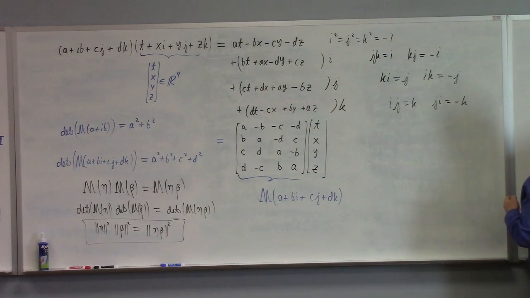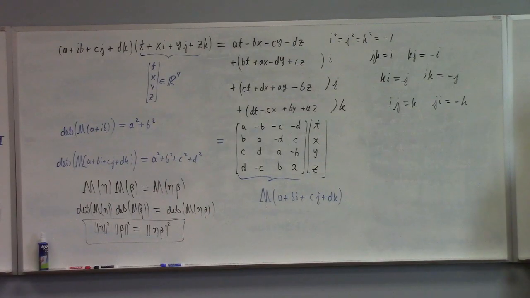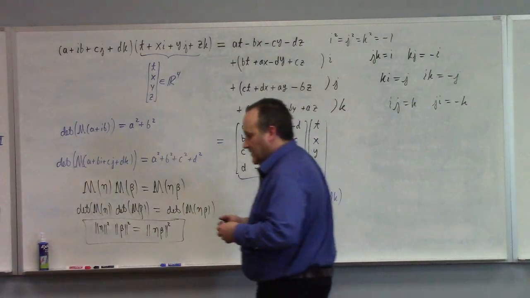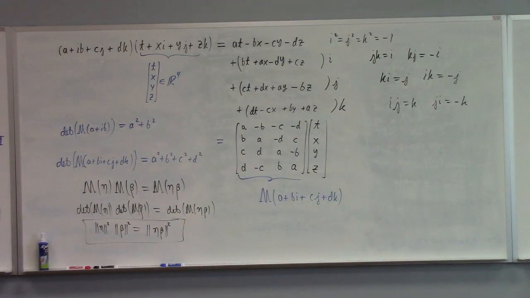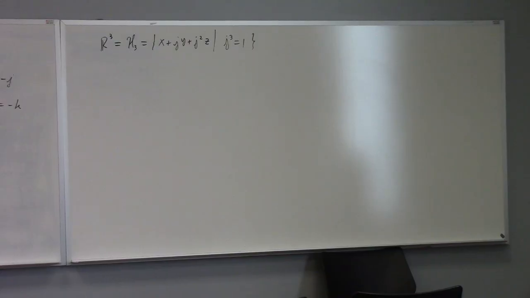You can look at R3 as 3 hyperbolic numbers, as I call them. So things of the form x plus jy plus j squared z. Not the same j, by the way, guys. Here, j cubed is equal to 1. I call these quote-unquote 3 hyperbolic numbers. Technically, it's the real group algebra of the cyclic group of order 3, whatever that means. And if you do the same calculation we just did with respect to the multiplication of this thing,